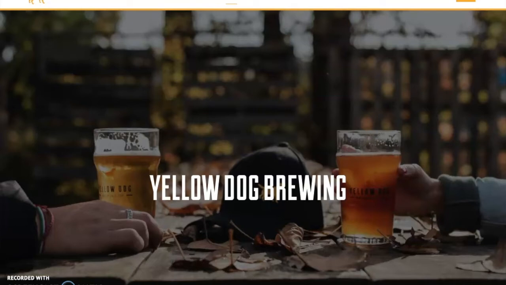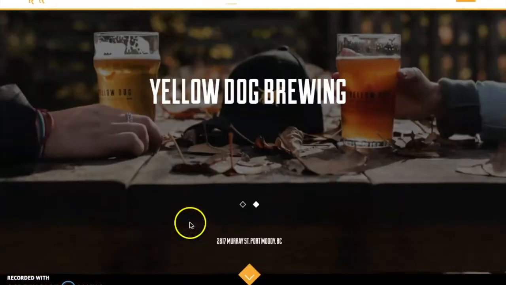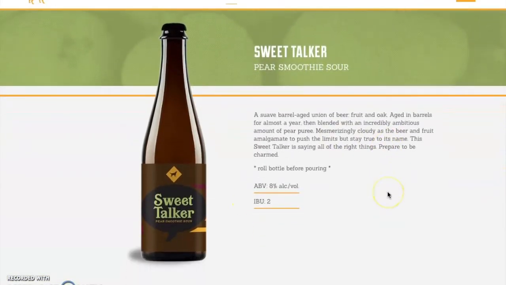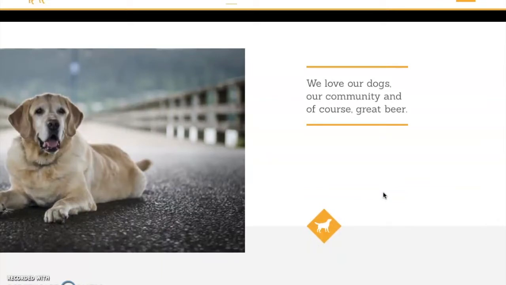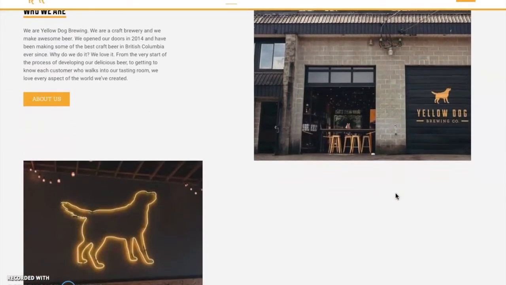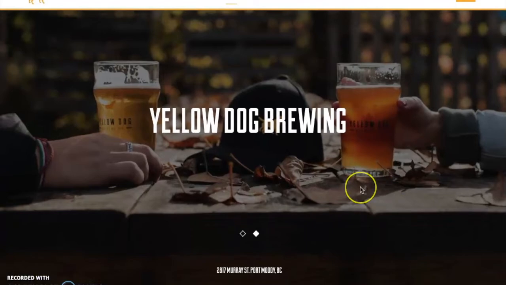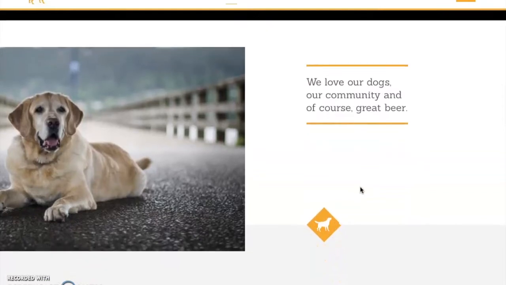So you see an environment where you would actually see the beer. There's more of a brand shot. And then as you scroll down, you see their first offering here, and then building the brand story. So it's all around the dog, and the dogs. As we scroll down, we start getting into the brand story, right? So start off with the beer, the latest offering, and then more about trying to get that